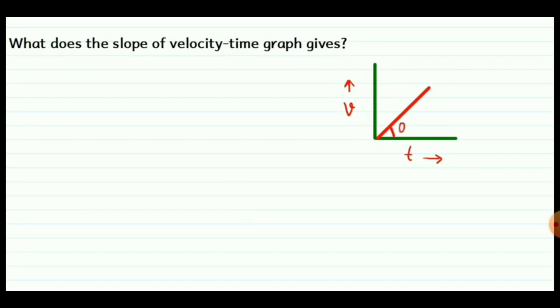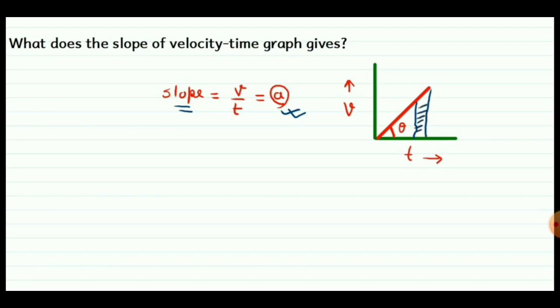For sure. Now what is slope? Actually students, slope is the angle that the line makes with the time axis. This angle theta gives the value of slope. And how can we find the value of slope? By finding the ratio between velocity and time, which is called acceleration actually. So combinedly we can understand what slope is. Slope is actually acceleration.